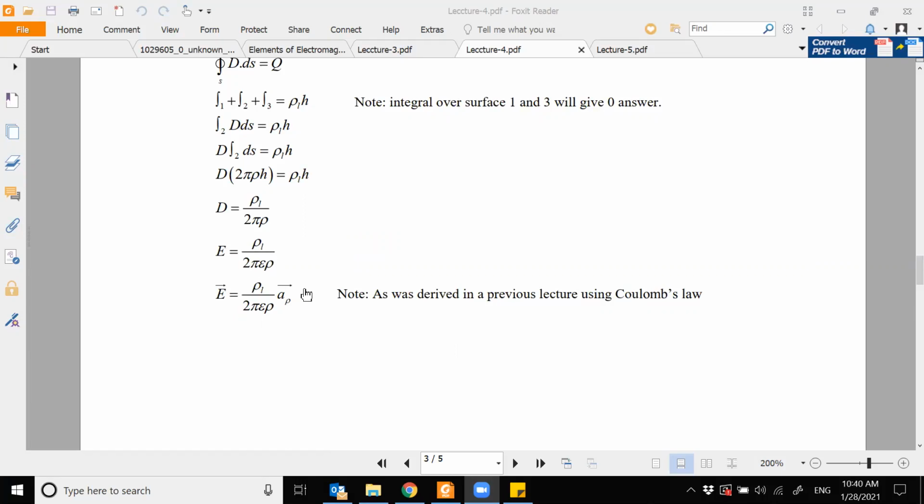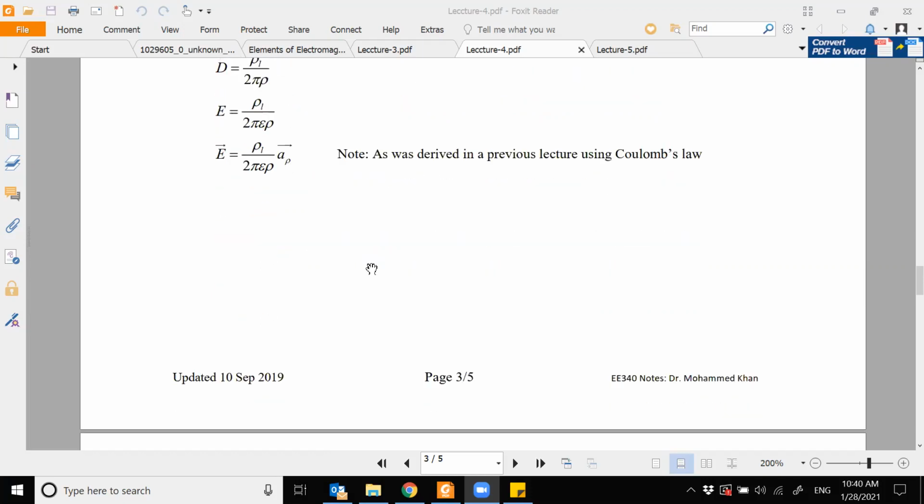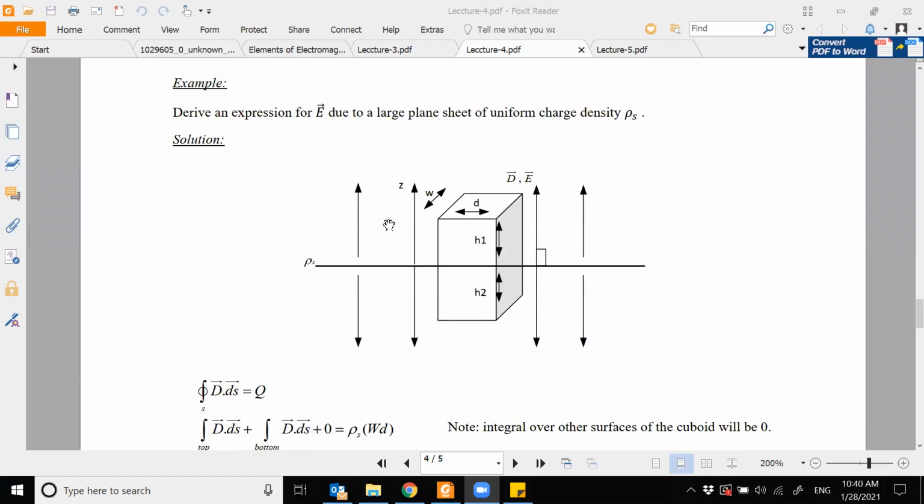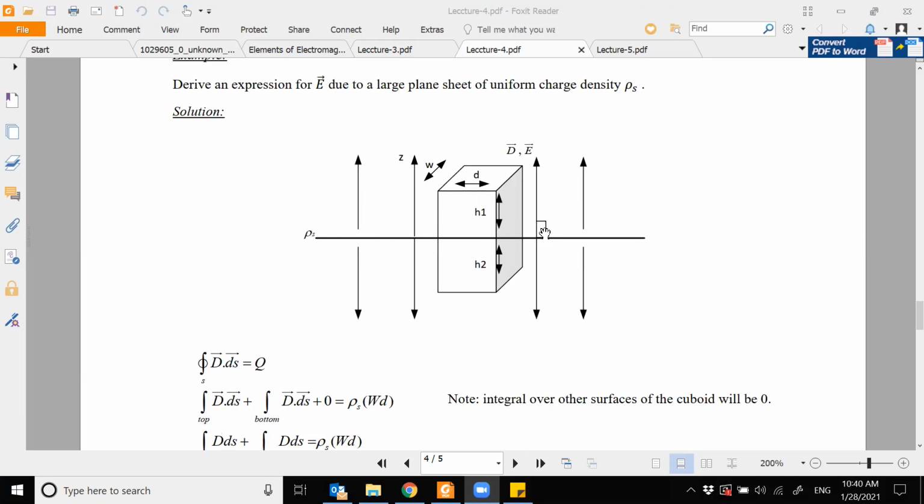So we took two examples where we applied Gauss's law: we found the field for the point charge, and for the line charge. Now, this is for the infinite sheet. So this is an example for the infinite sheet. Because it's a sheet, it's better to think in rectangular coordinates, and therefore the best closed Gauss surface in rectangular coordinates is